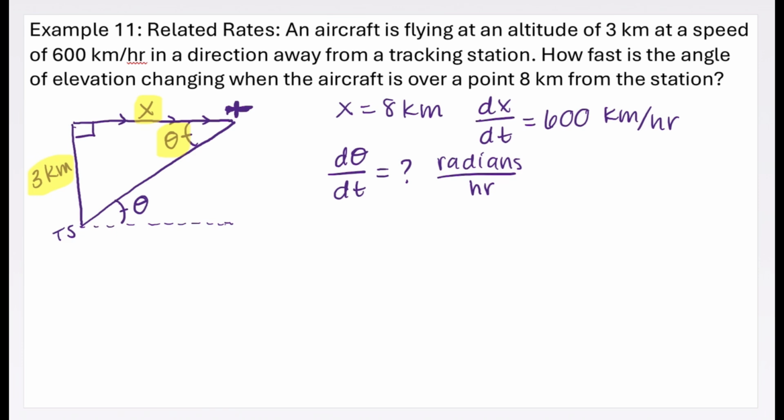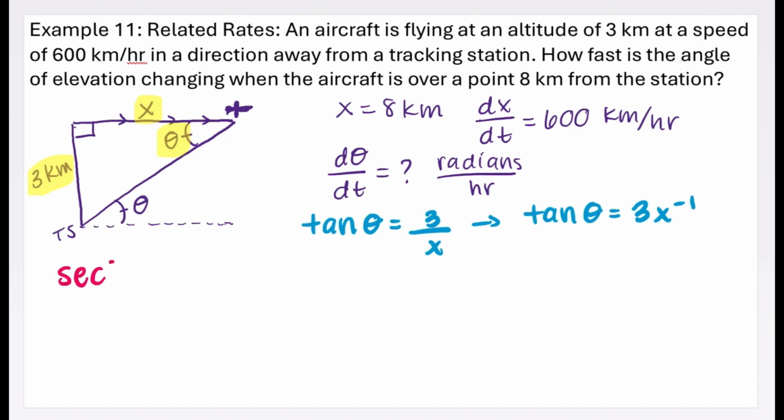So the function that we're going to be doing is tangent of theta equals the opposite side, which is 3, over the adjacent side, which is going to be x. I'm going to go ahead and rewrite this as tangent of theta equals 3x to the negative 1. And then I'm going to go ahead and find the derivative with respect to time. So I'm going to have the derivative of tangent, which is going to be secant squared theta times d theta/dt,